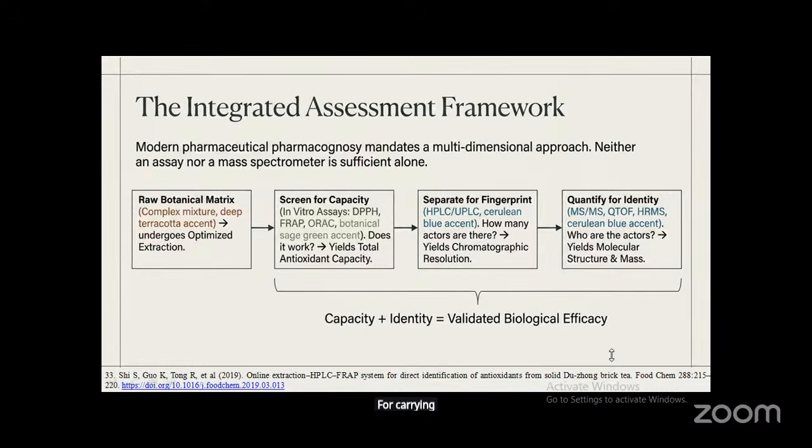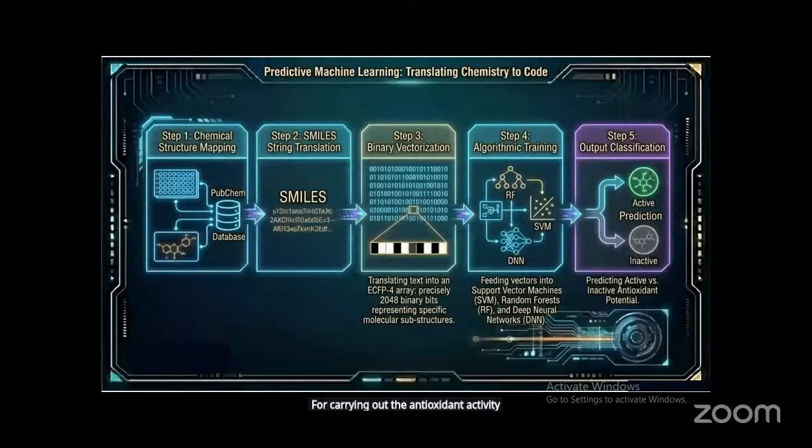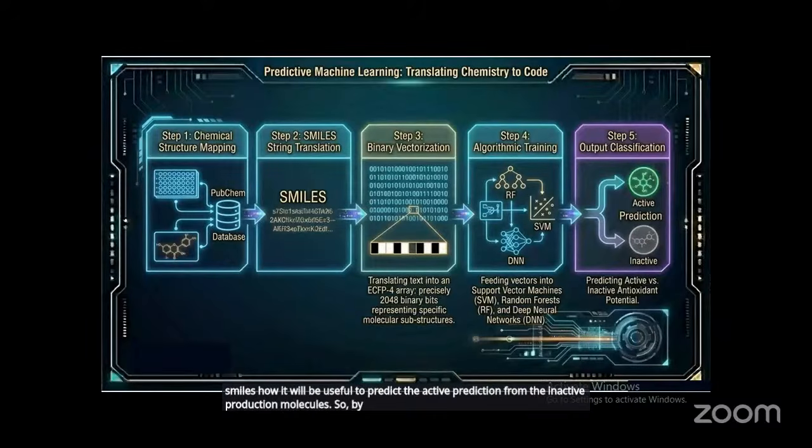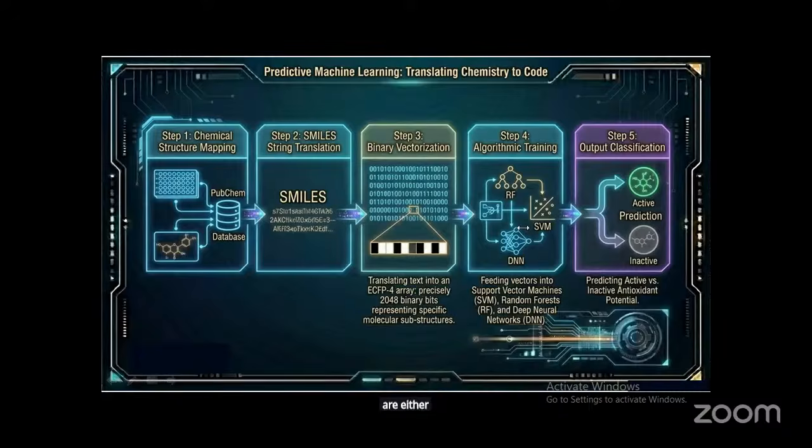out the antioxidant activity. Finally, I would like to show how SMILES will be useful to predict active from inactive molecules. By using the SMILES software, that is the database system, from the given mixture of components, they are differentiated into how many active components and how many inactive components there are, from which we can predict the antioxidant capacity of the plant materials or the material given for the analysis. Then next slide,